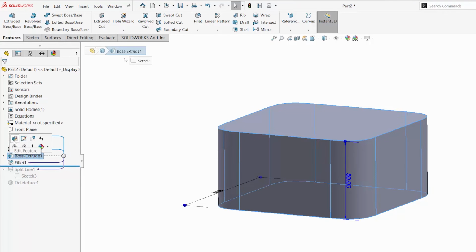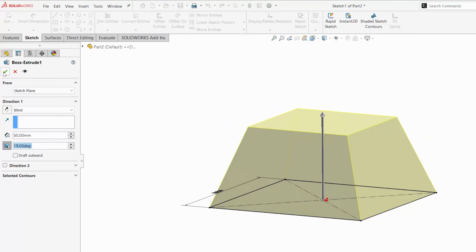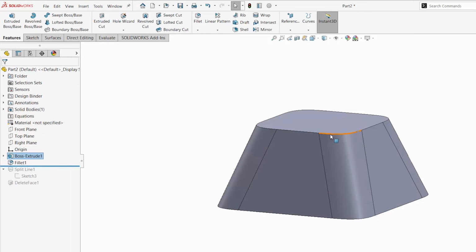Another thing to take into account when dealing with whether to do a feature fillet or a sketch fillet is if your part will be drafted. Here you can see I'm going to add some pretty dramatic draft to this rectangle, something like 19 degrees. Get this sort of trapezoidal shape, trapezoidal prism.